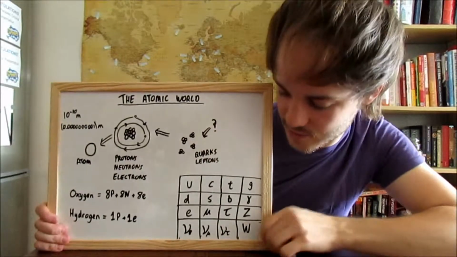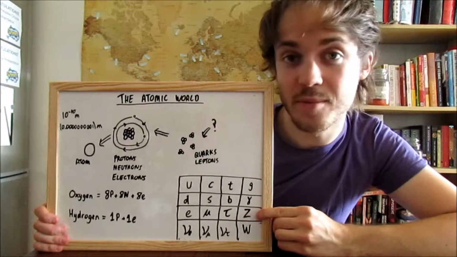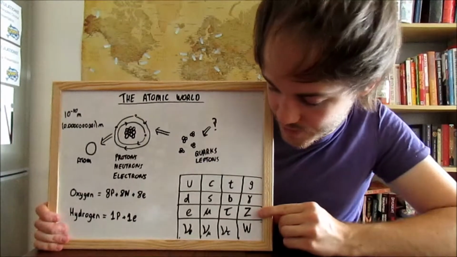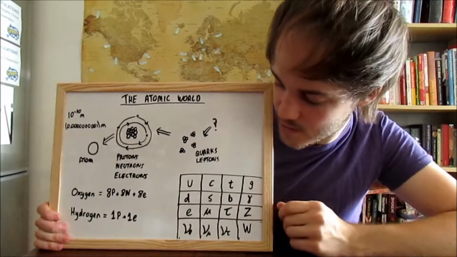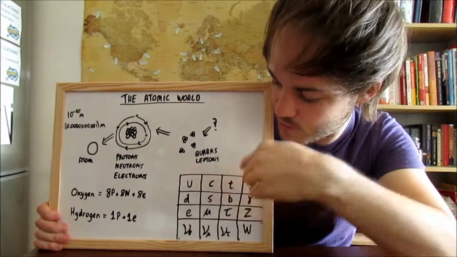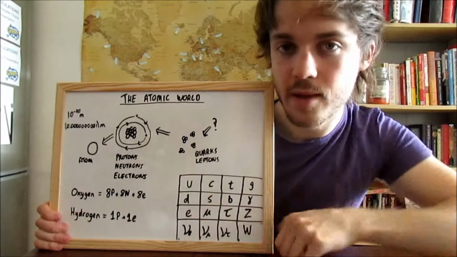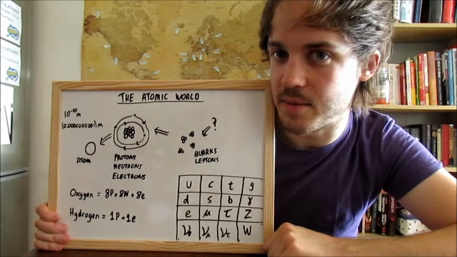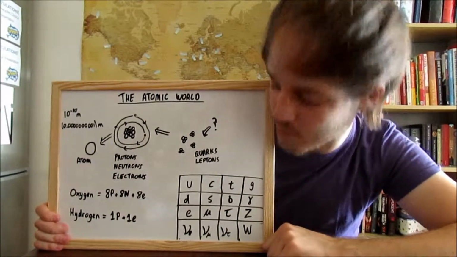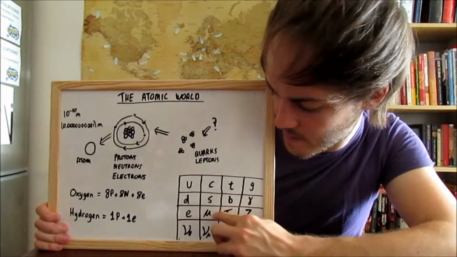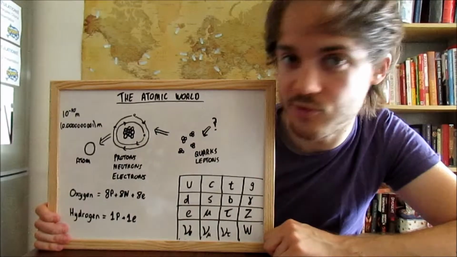Now down here, I have a quick table of all the different quarks and leptons and other things as well. The things in the top 2 rows here, these are all quarks. These are things that make up neutrons and protons. Down here, these 3, this is an electron here, and there are 2 other things that are kind of like an electron, which I'll